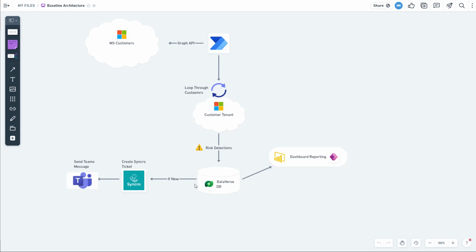And from there, if we detect that the record we're creating, based off of a unique ID, is new, then we're going to go ahead and create a ticket in Synchro and also send a Teams message as well. I just wanted to show you two separate examples of how to do that. But essentially, you can also take this Dataverse table and create dashboard reporting with it in the Power Platform universe with Power BI or Power Apps as well. So again, a lot of potential here, but I just wanted to give a visual cue as to what we're actually